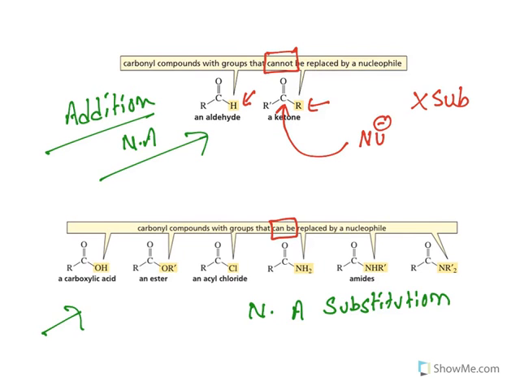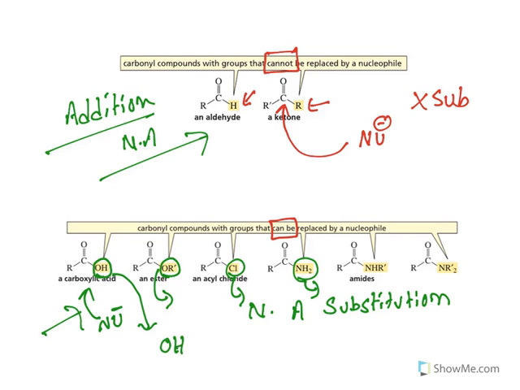What is a leaving group? The incoming nucleophile attacks here and this group is replaced. That means this group is coming out. This is called a leaving group. It is leaving from the carbonyl component. The nucleophile comes with an electron pair, so the leaving group also comes out with an electron pair. That is the reason you get a carbon with a partial positive charge, to which the negatively charged nucleophile goes and attacks.